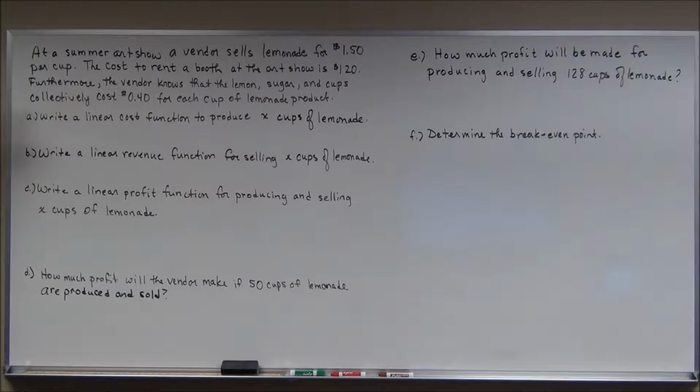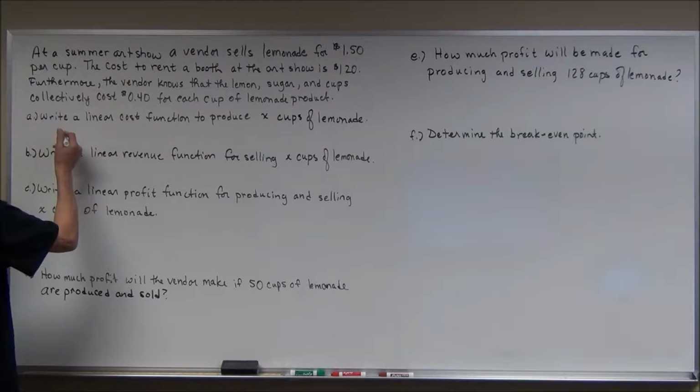At a summer art show, a vendor sells lemonade for $1.50 per cup. The cost to rent a booth at the art show is $120. Furthermore, the vendor knows that the lemon, the sugar, and the cups collectively cost 40 cents for each cup of lemonade produced. All right, now remember that the cost function